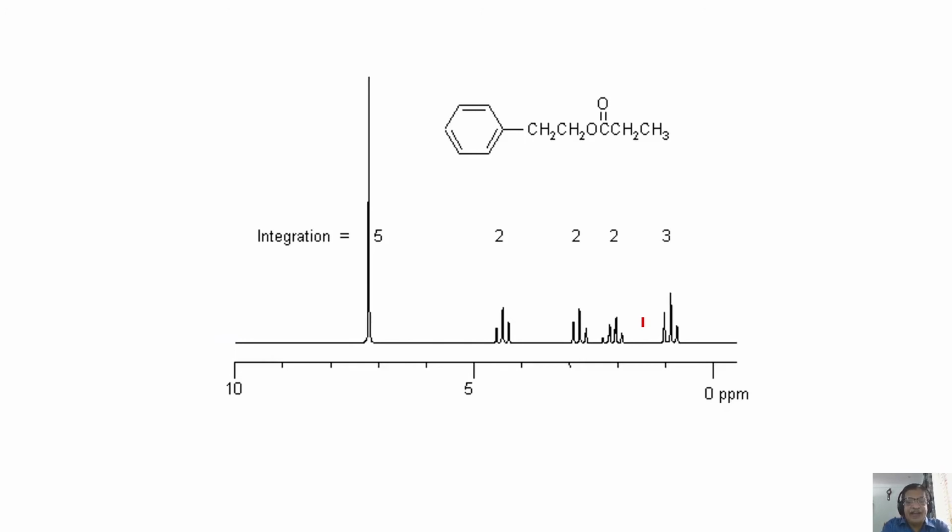Okay, this is a fairly complex spectrum compared to the previous one. Now, let us analyze this together. What is the possibility here? How many groups of protons are there? Look at it very carefully. This is CH3, one proton. This is one, they are chemically inequivalent. And in between C double bond O C, so there is a break, and this will not couple to this. There is another proton here, another proton here, and we have a phenyl group. So 1, 2, 3, 4, 5 groups of peaks are there. Count. 1, 2, 3, 4, 5 groups of peaks are there.